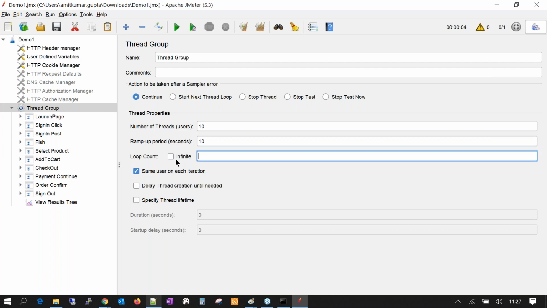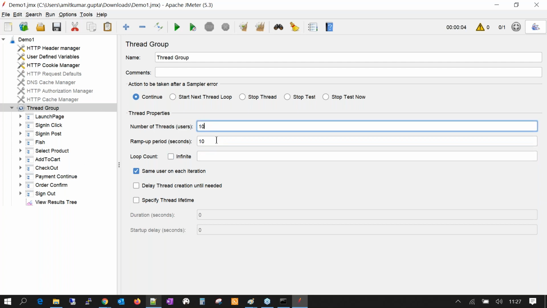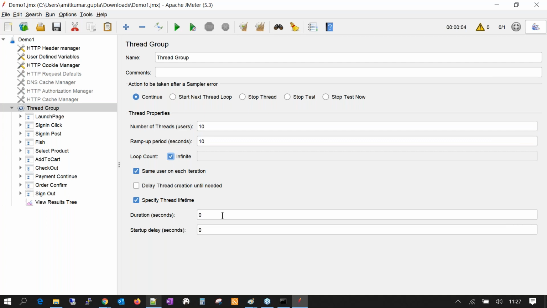Basically, if I use an infinite loop count, my 10 users will be running in an infinite loop unless I stop it manually. Either I can specify a duration, say 300 seconds, which is a 5-minute duration. So my 10 users will be hitting those pages